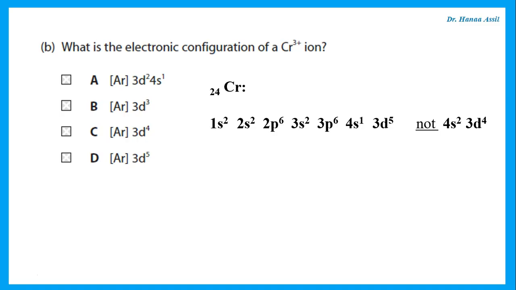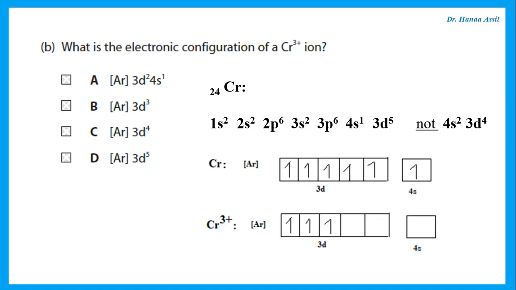So remember that the electron configuration for chromium is actually 4s1 3d5, not filling the 4s first and then putting the rest into the 3d. So if we're starting with this as chromium, now we want chromium 3+. That means we need to lose 3 electrons. So if I have chromium with 1 in the 4s and 5 in the 3d, to lose 3 electrons, we